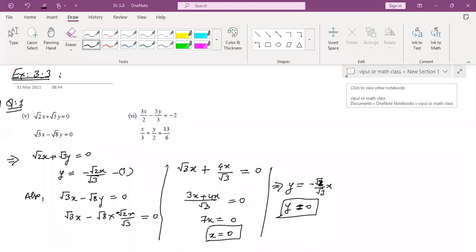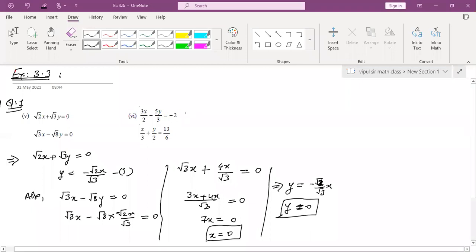Okay, if we solve this question number 6, इसको ऐसे कर देता हूँ मैं. Now moving to the question number 6. If you simplify this equation, 3x upon 2 minus 2y upon 3 equals to minus 2. If you take the LCM of these 2 and 3, it will be 6. So this is what? 3 3s are 9x minus 2 5s are 10y is equals to 6 2s are 12, minus 12. Correct? This is equation number 1.